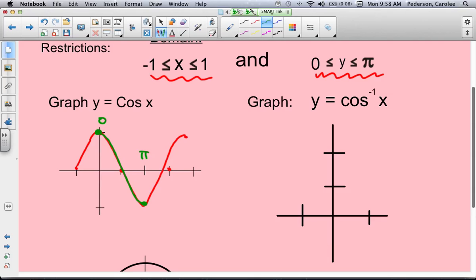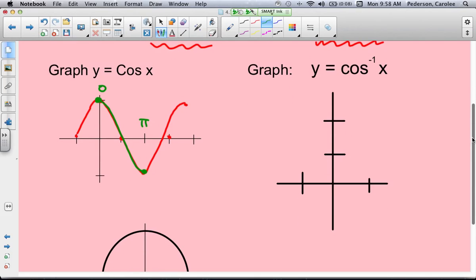So what it looks like as a graph, y equals the cosine inverse of x. If here's -1 and 1, here's 0 degrees, here's pi over 2, and here's pi. If we were to graph the cosine inverse, it's going to also just have a region, and the points would